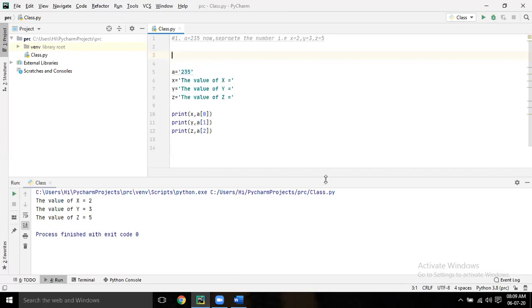Second one, sir. No, this one, have you done? Sir, I used that separate thing. In the print function we used sep, right? So separate. Can you share your screen? Actually, I didn't type it. If you want, I can do it for you. No, it's okay.